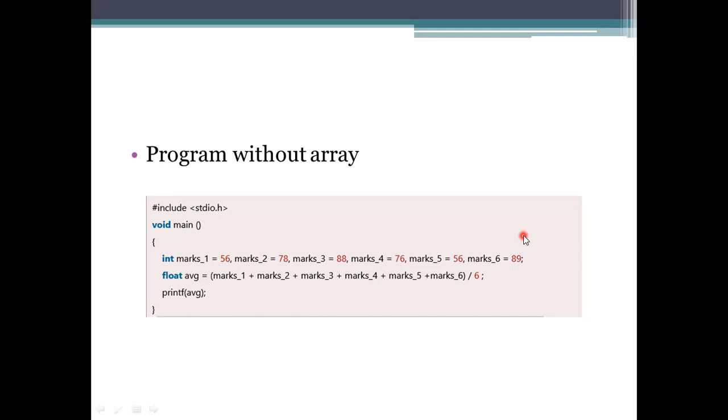The first representation specifies how many subjects there are. It is given that 6 subjects are there, and the marks will be in integer format. So here, mark it as an integer. You may give the subject names, or you may give the numbers 1, 2, 3, 4, 5, 6 like that, and assign the marks you got to that variable. The average means the total divided by the number of subjects. So we need to add marks 1, marks 2, and then 3, 4, 5, 6, and then divide by 6. Then you get the average.